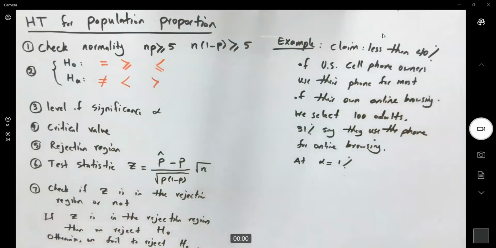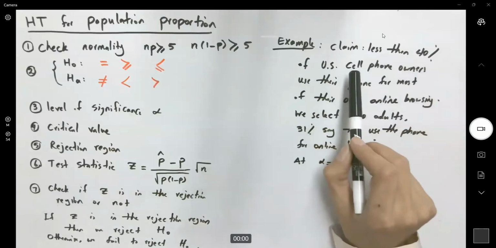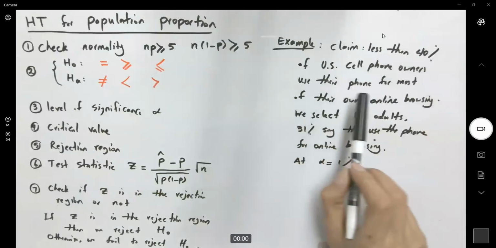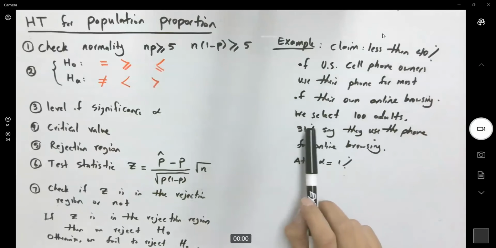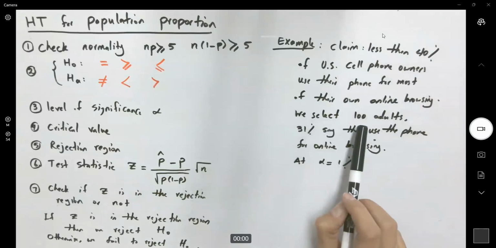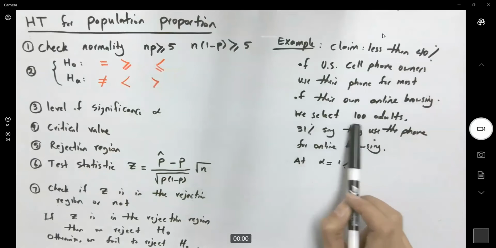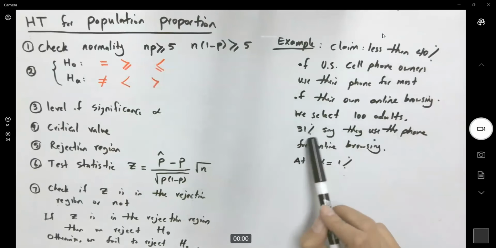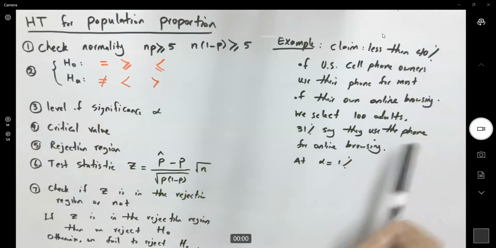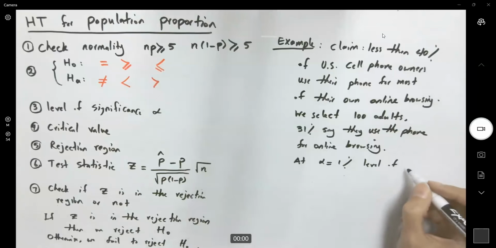A researcher claims that less than 40% of US cell phone owners use their phone for most of their online browsing. What are we going to do as a statistician? We're going to take a random sample. This random sample has 100 adults in it. Out of those 100 adults, 31 of them, which is 31%, say that they use their phone for online browsing. The question says, at 1% level of significance,